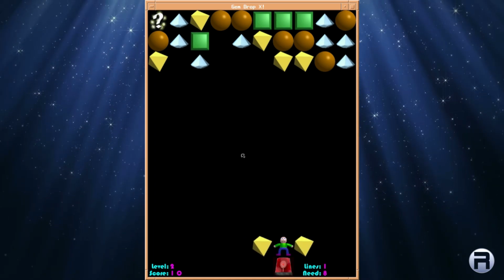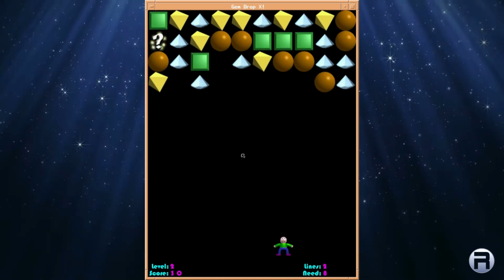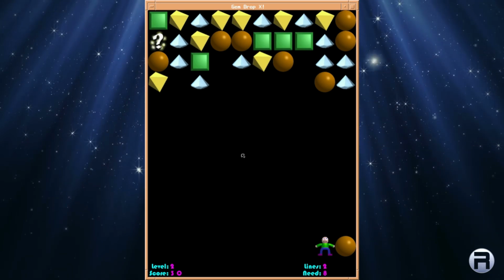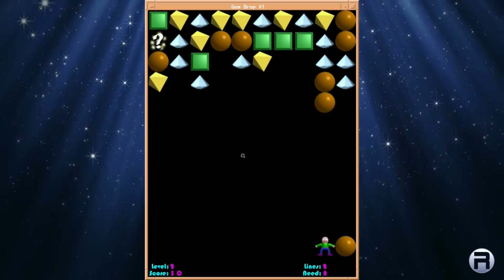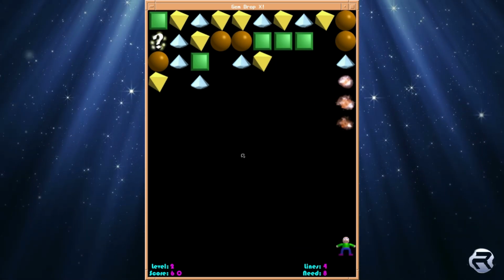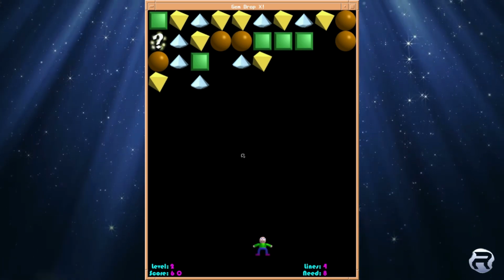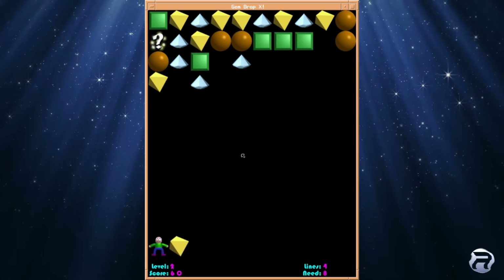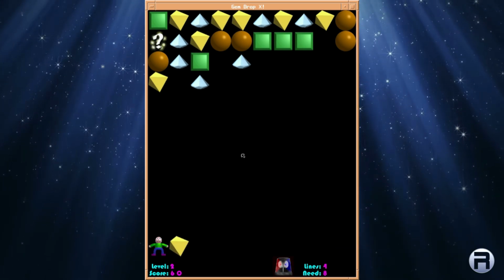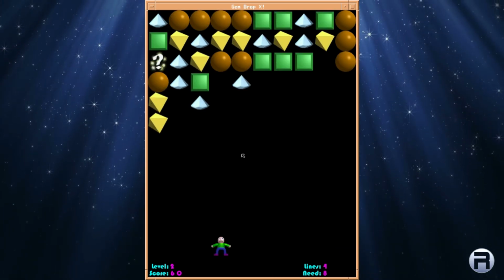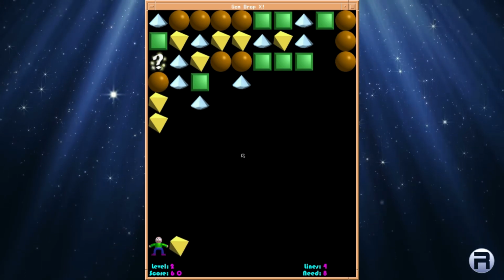It's tricky. I find this tricky because I always want to throw it up in the place where the actual gem is, but it goes up where his head is, which always confuses me. You know, sometimes you think, oh, you're going to aim it just right, and it doesn't. So, but yeah, so you do the